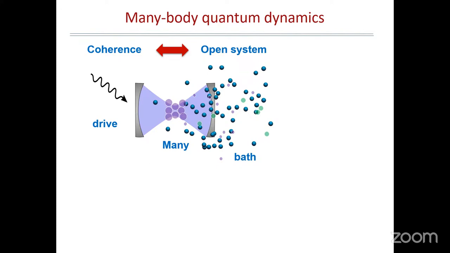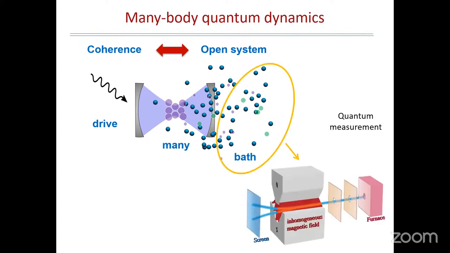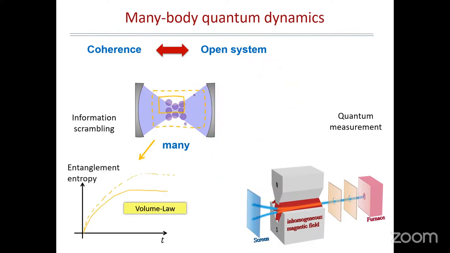As you see, there are many ingredients coming together in this workshop, and my talk will sit in this picture. The interaction with the external bath is due to quantum detectors. So the bath will consist of quantum detectors, and the aspect we mostly look at from the system, if we take just the isolated many-body system, will be its information scrambling. These are pretty universal aspects of many-body interacting systems.